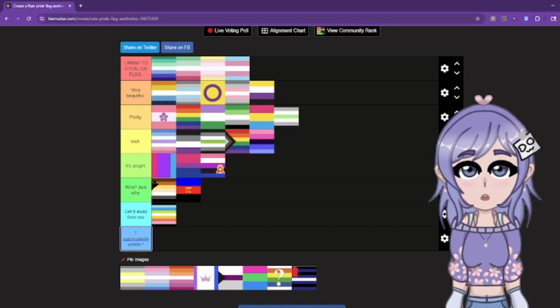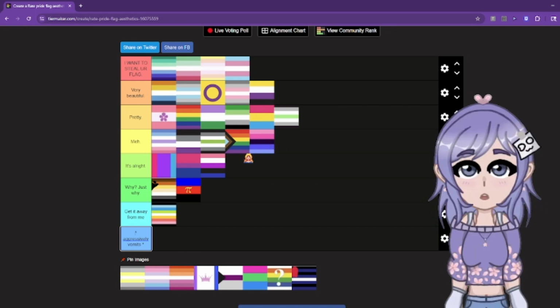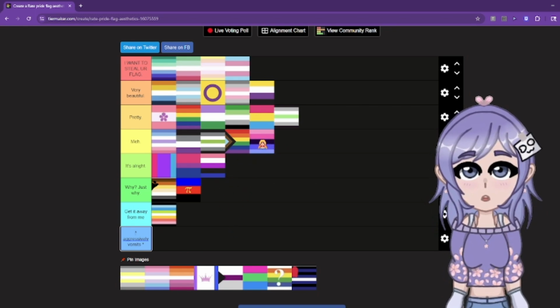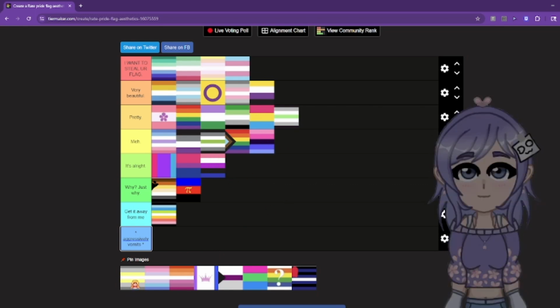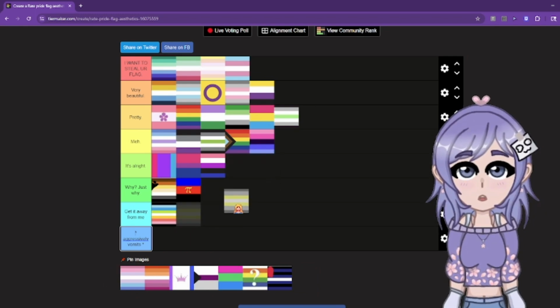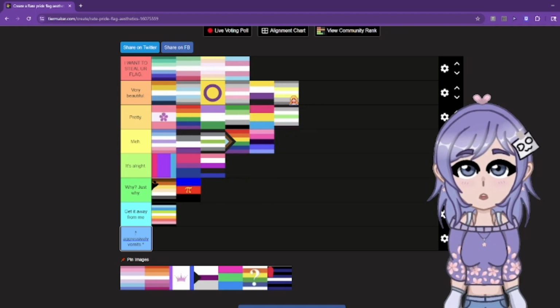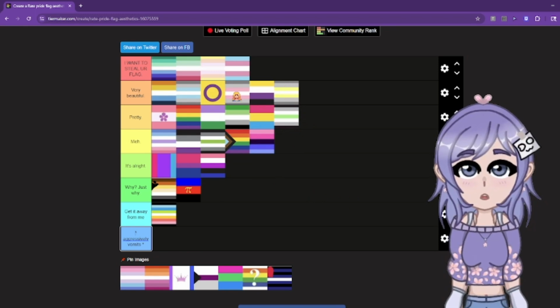I'm not trying to be a hater or anything, but this one just feels a bit better than this one. Especially since I have a similar color palette, so this one just feels better. And then this one, I forgot what this one's supposed to be, but it's basically the same as the other two that I saw earlier up here, and I think I might also put this one up here because I feel the same way as the past two here,